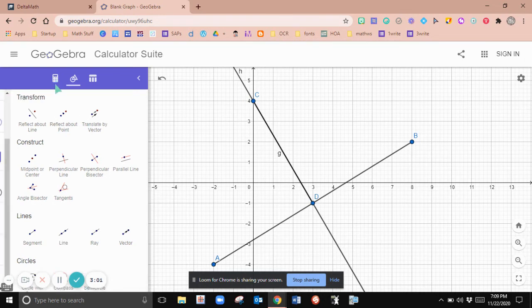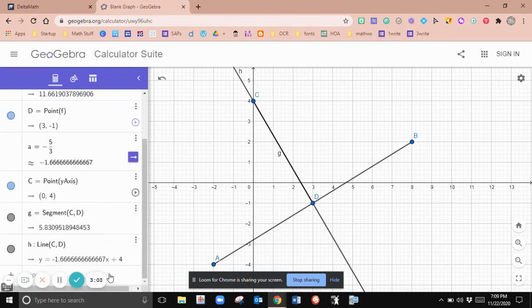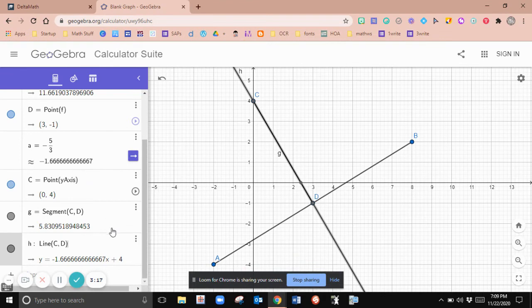The really cool thing about this is it's going to give me the equation. Now, the only thing is, if you look here, the slope is -1.66666667. That's really -5/3, as you can see up here. So the equation would really be,